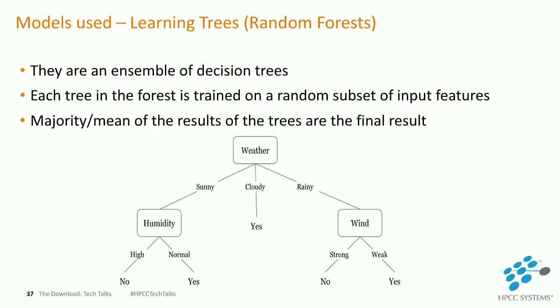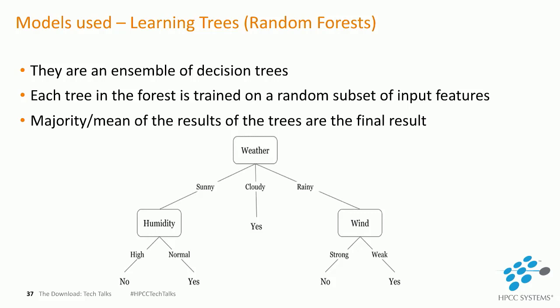Now the objective in a decision tree is to train the internal nodes to make sure that they test the right input feature and then send it down the right path, ultimately to the right classification. Now in random forests, just for this example, let's say there are 10 decision trees. Each decision tree is trained on a random subset of input features. We wouldn't want to give each tree all the input features because then we'd end up with 10 identical decision trees, which is not desired. So we take certain subsets and train each decision tree.